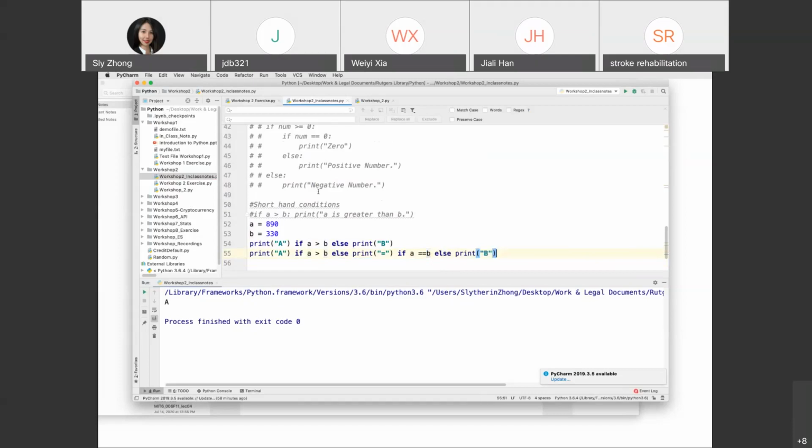So now we assume both are 330. And then it would print,